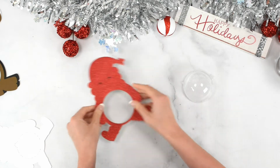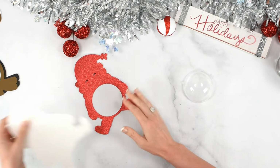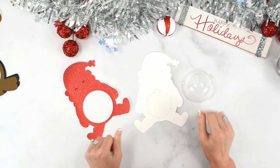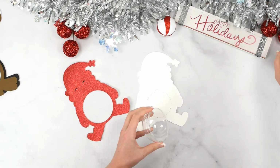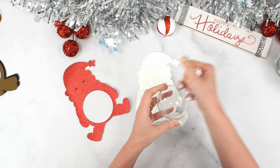Alright, so these two layers are good to go. They're glued together, they're holding nicely. Here's our base layer here. And the next step is we want to fill up our candy ball. So I'm just going to grab a small handful, and I do recommend